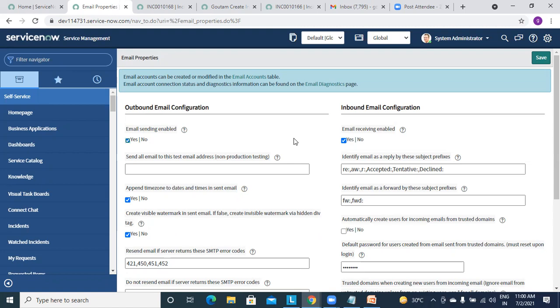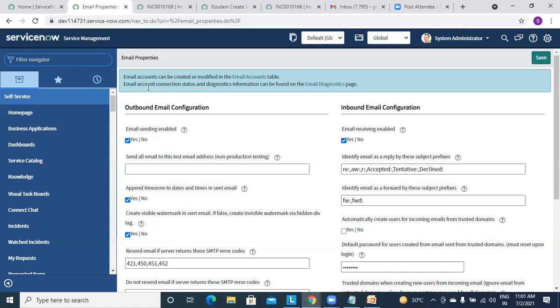But if you are going with 1 or 2 years of experience, they will surely ask what is an email inbound action and what is outbound. You have to explain the difference. First of all, they will expect you to explain the difference, and then they will ask what the types are. The answer should be new, reply, and forward. Those are the main things they will mostly ask you, and also email accounts, SMTP, POP.